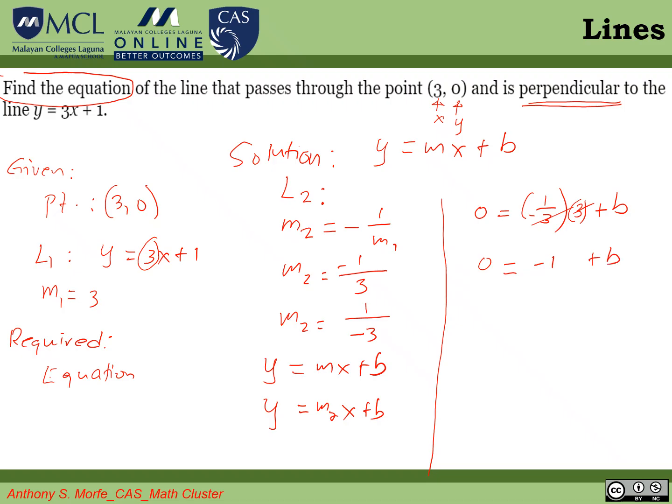Therefore, transpose this to the other side, so 1 equals b. B is equal to 1. So therefore the equation of the perpendicular line is y equal to